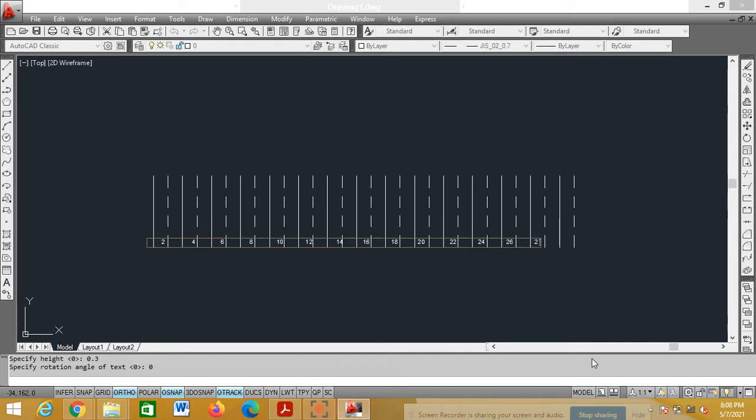Use the space bar and number only the dotted conductors, that is, the even numbers. 28, last one is 30.